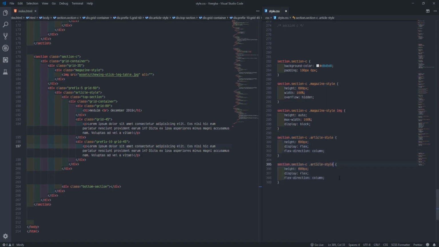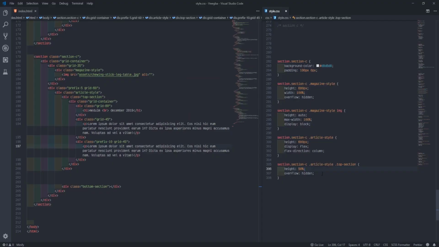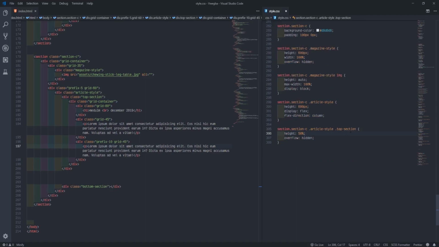Duplicate inside article style, look for top section. So when you get the top section, we'll give the height 50 pixel. Sorry, 50%. So that it shares and makes echo now. 50%, then let me just overflow it in. I'll copy this here. Overflow it in, paste them like this. Refresh. Okay, let's see the effects just now.